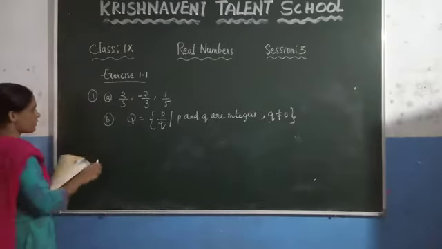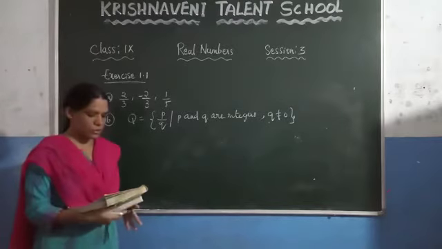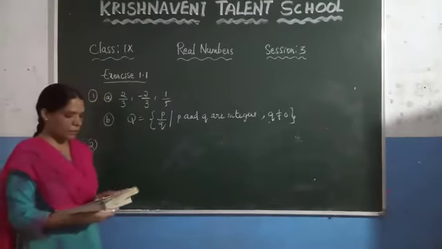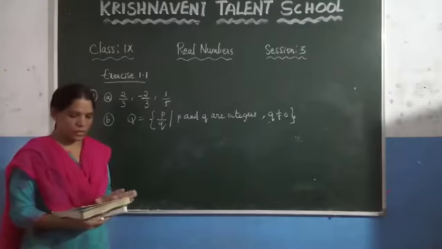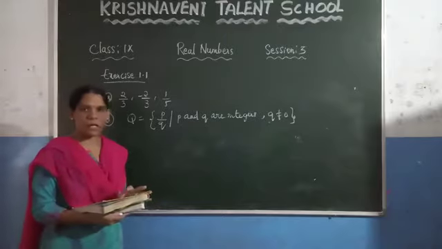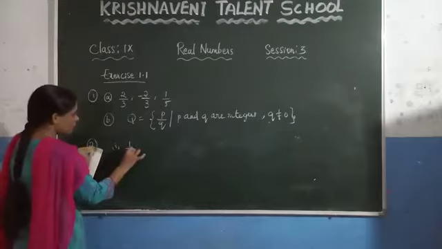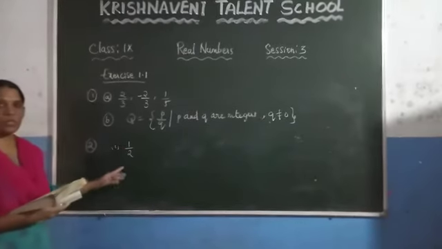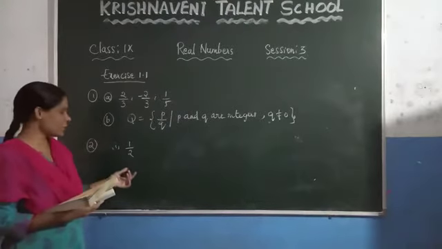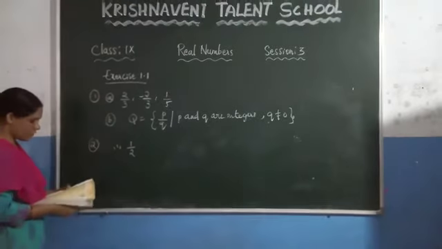Now see the second question. Here they have given some statements. You just have to write an example based on the statement. First one, a number which is rational but not an integer. You have to write one number such that it should be a rational number and it should not be an integer. You know that the rational numbers are nothing but fractions and the denominator should not be equal to 0. And you know that it is not an integer. What are integers? Integers are nothing but the negative numbers, 0, and the positive numbers. So here the first one.